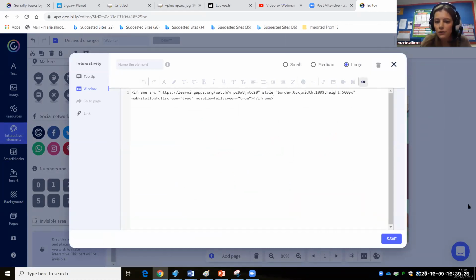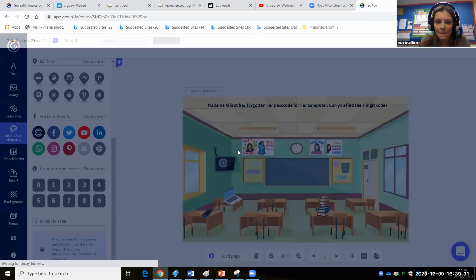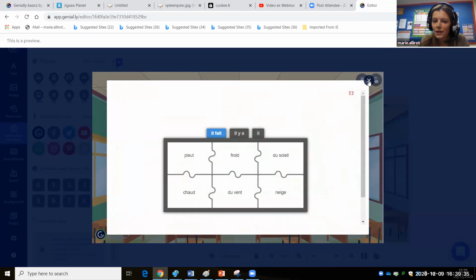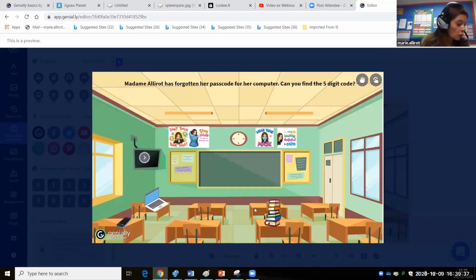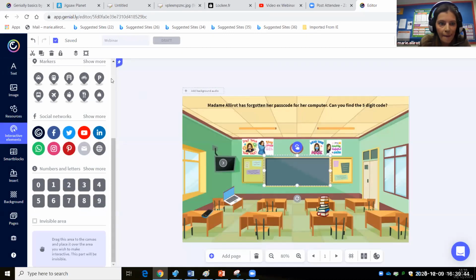That's where I put my iframe, save. So if I preview, if I click on my board, my learning app comes up, and that's their fourth mission. And I'm going to lock this so it doesn't move.